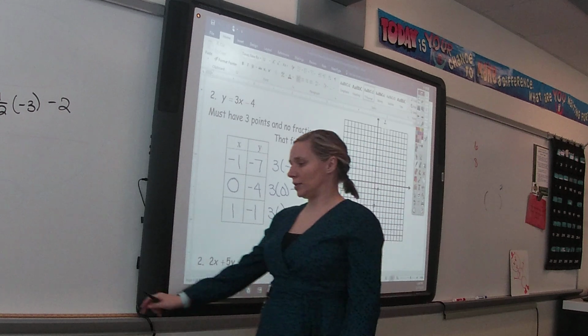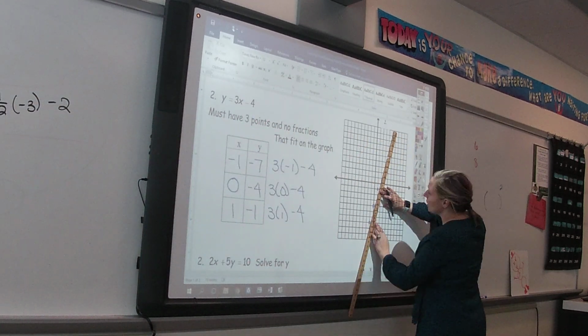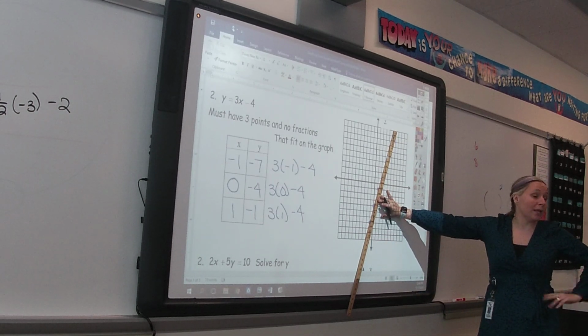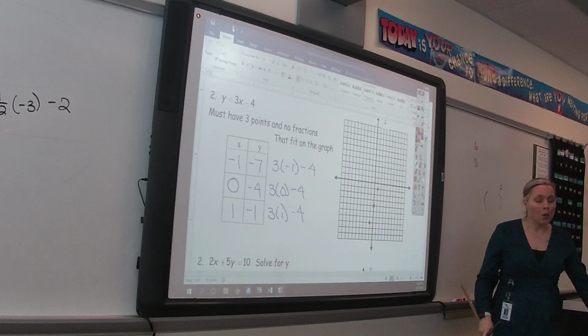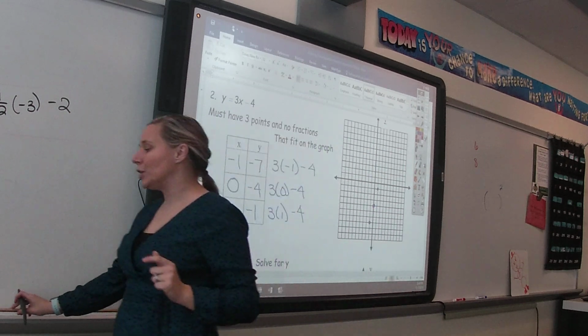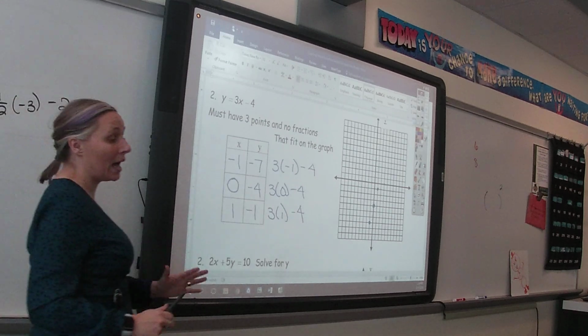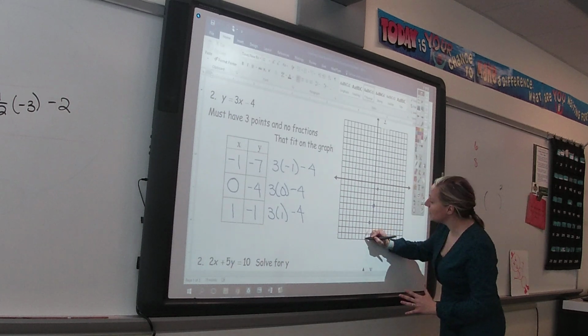Even if I pull out a ruler and say I'm touching these 3 points, I could still not end up with a perfect line. It will look pretty, but that doesn't mean it's going through the exact points it needs to go through. We're going to talk a little bit later in the trimester when we come back from winter break about how to really get that nice, neat, perfect line. For right now, we just want to make sure we're understanding how we can translate this into a line on the coordinate plane. So if your line is not perfect, I'm not going to throw a fit,